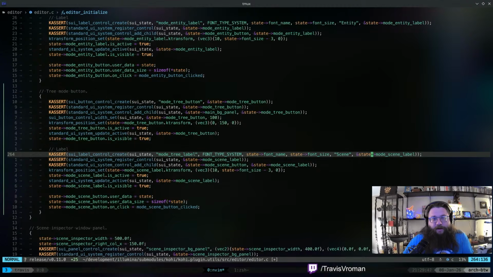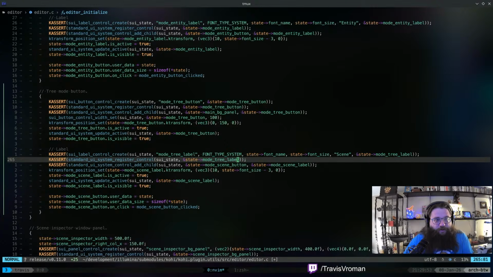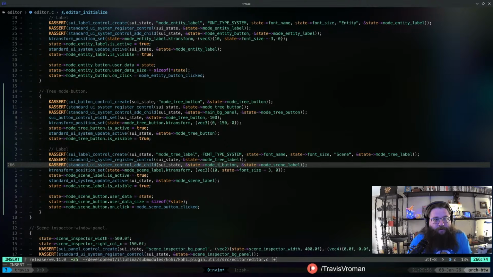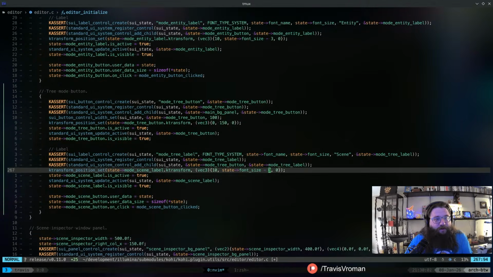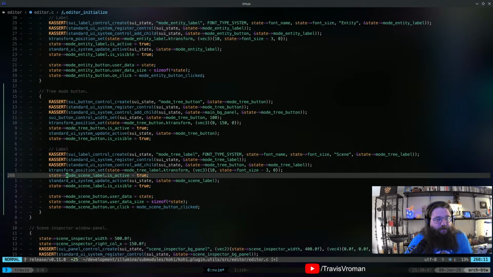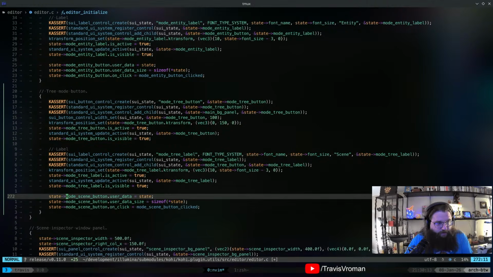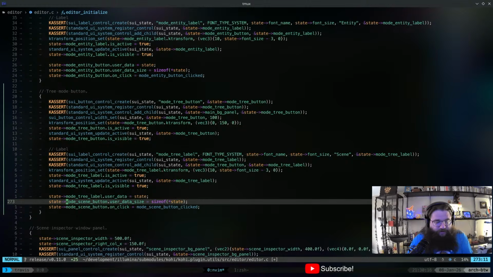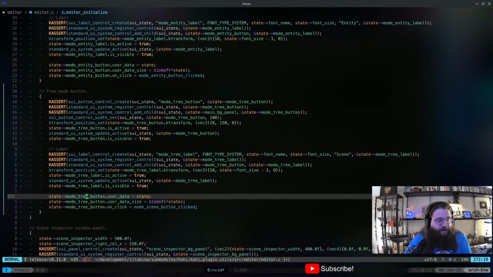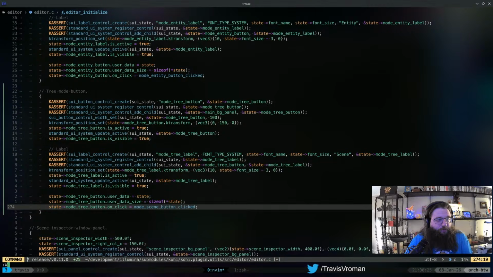So we're going to go all the way here and do mode tree label. And again, we're just going to apply that all the way down, except for here. That needs to be button, right? Because we're parenting it to that. So mode tree label, and then mode tree label, a couple more times. Oops, let's see, mode. Okay, so these are the buttons, so this needs to be tree. So these are the individual properties that we're setting for that particular button.